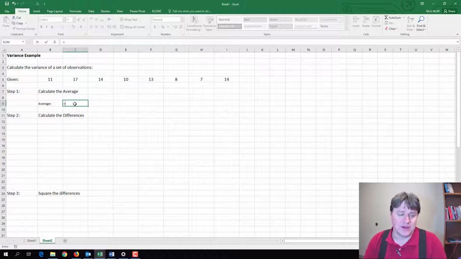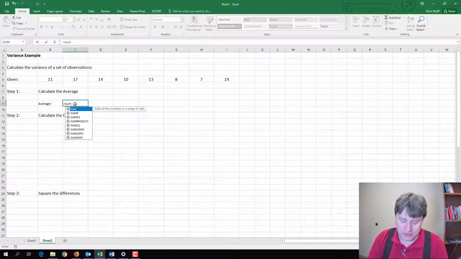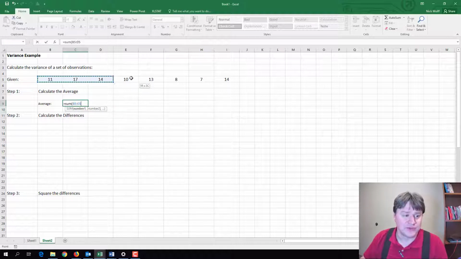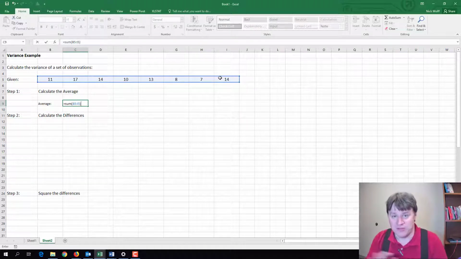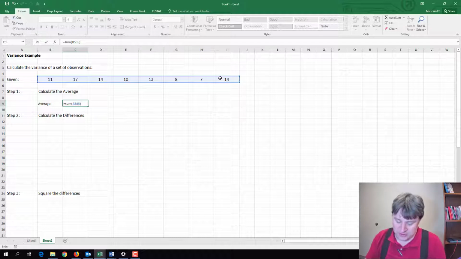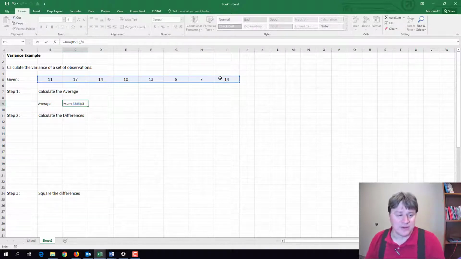So this is a way to tell Excel that this is something that you should evaluate and not just print out. So equal, and we'll put a new function here, a function called sum, which simply allows us to highlight a certain number of cells, close parentheses, and this will sum up all the values inside of that range. We all know that an average is a total, the sum of all the values divided by the number of values that there are. So in this case there are 8. So let's go ahead and put a slash, which is divided by, and we'll put an 8 in there,